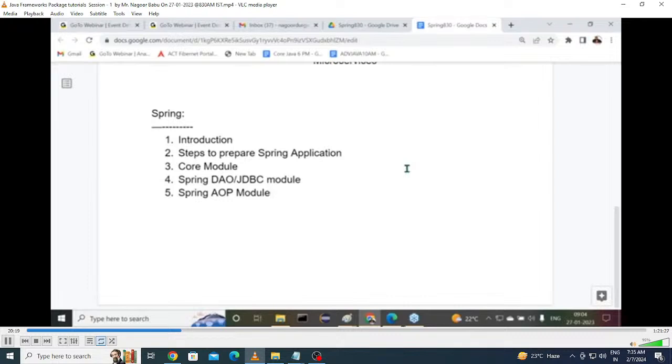But no issues. That AOP, aspect-oriented programming, is very much effective in the case of the Spring framework. Say for example, I am telling you a simple example of how this AOP is going to be available and how it is able to provide some services for us. Try to understand it. Simple logic I'm telling you. Say for example, I have a bank application. Listen, all of you listen carefully.